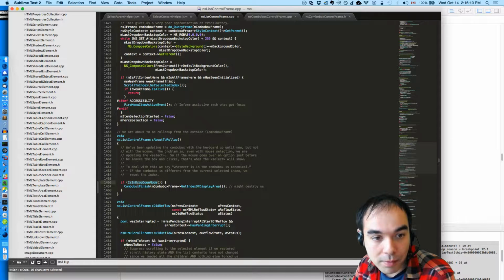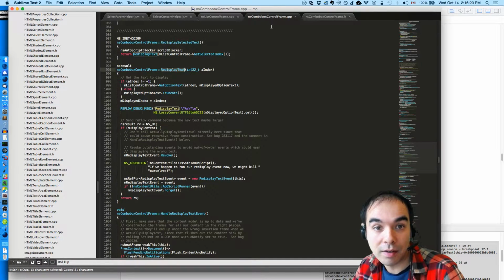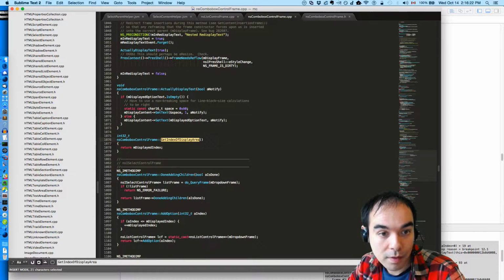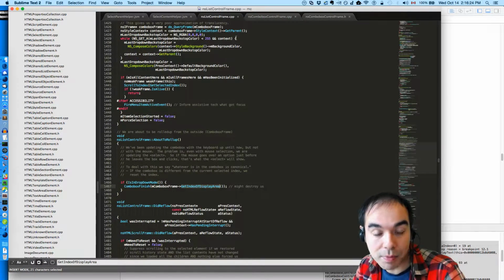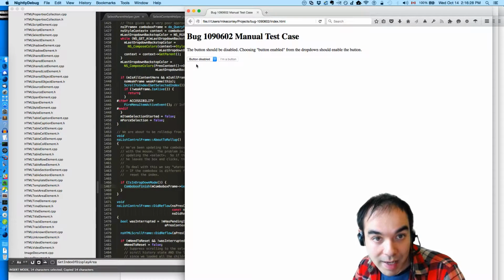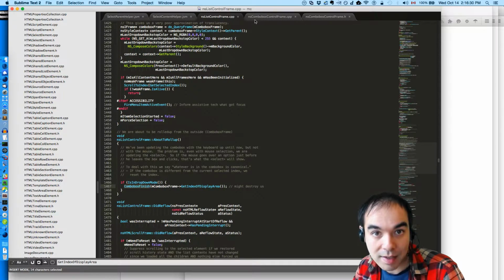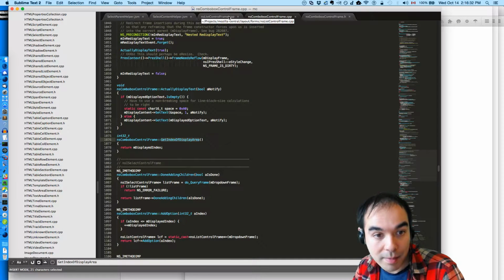So if we're in drop-down mode, we finish, and we get the index of display area. That's the thing that's displayed in here.